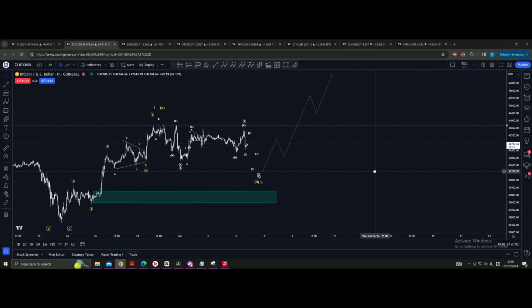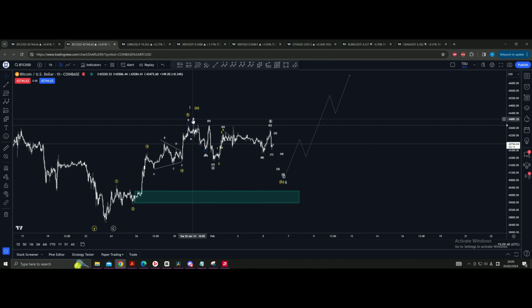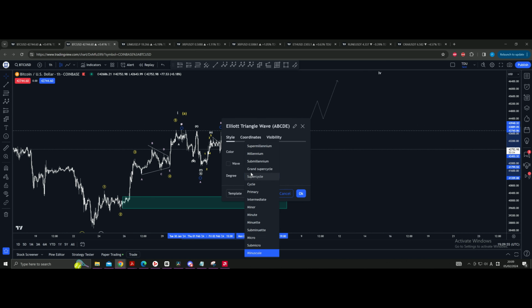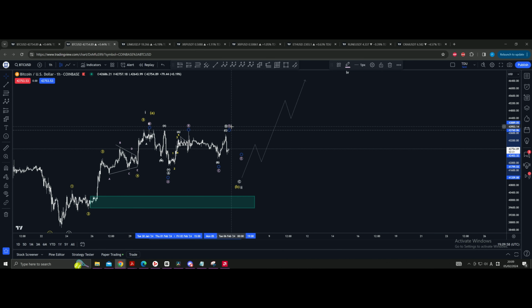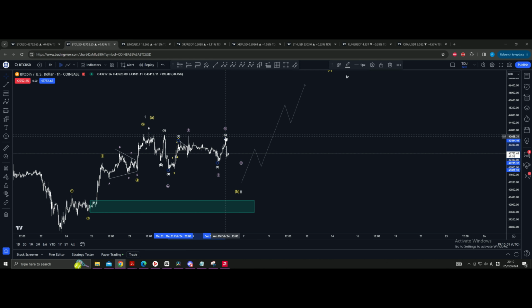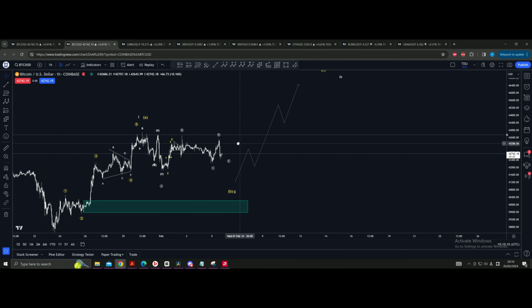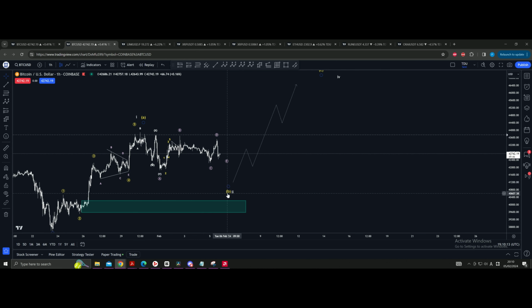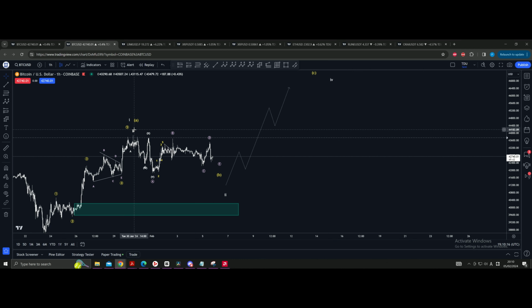Another thing that could be going on right now is we had a wave A, and now we're forming, perhaps, a triangle, which is less likely in my opinion, to be honest. This is impulsive, so less likely, honestly. But this could be the wave B. And if it's a triangle, well, then it's a wave B and not a wave 2.